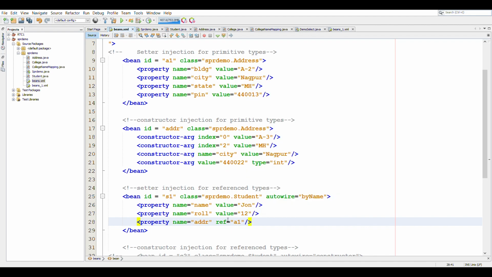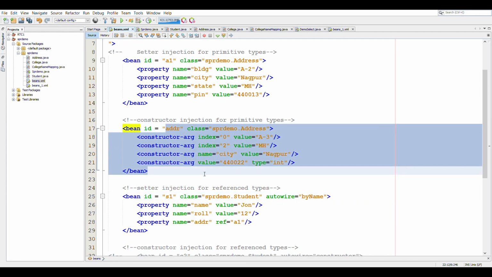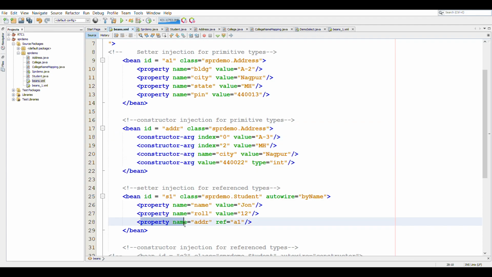So now in this case, even though we have written auto wire by name, which means that this student bean S1 should be wired with ADDR, even then this will be set to A1 because if we explicitly specify the reference here, then this will override the auto wiring that we have done.